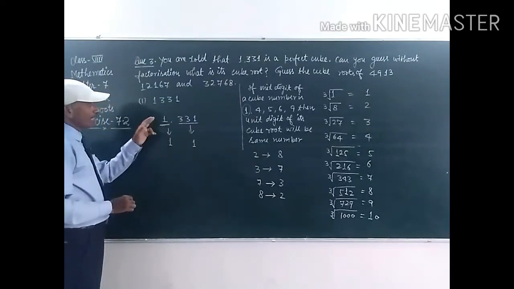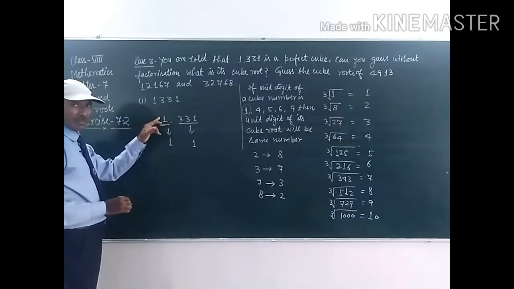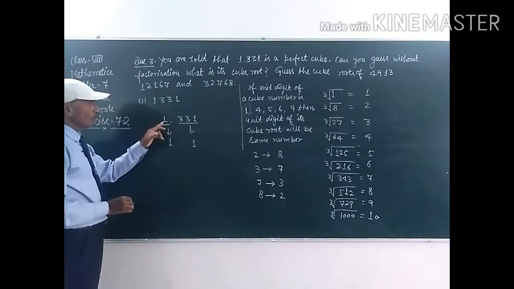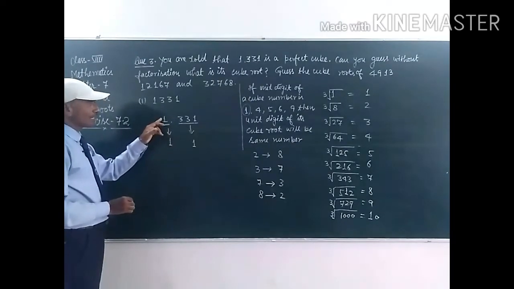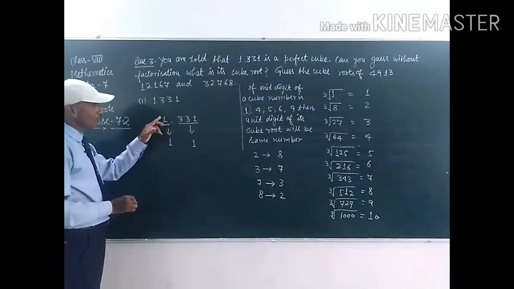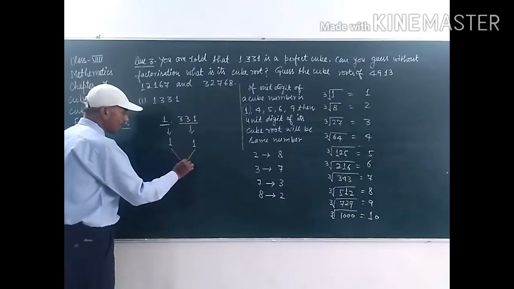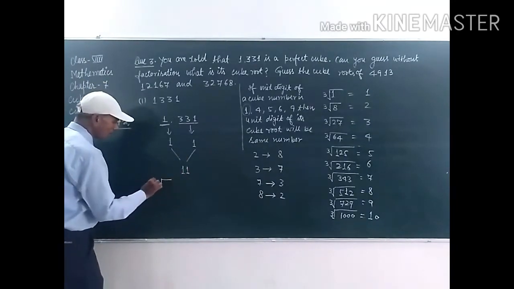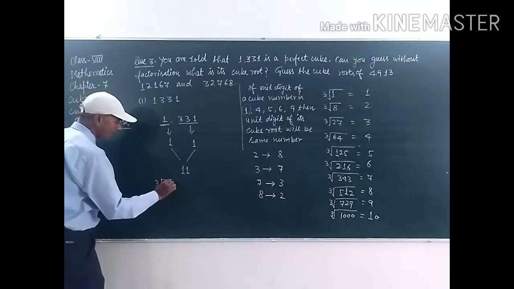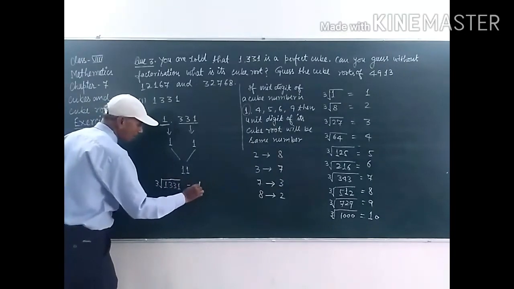And in the next question, we will discuss about the second group. In this, only one number is given here and it is 1. So, it is the cube of 1, or its cube root will also be 1. So, this number is 11, student. So, cube root of 1331 is equal to 11.